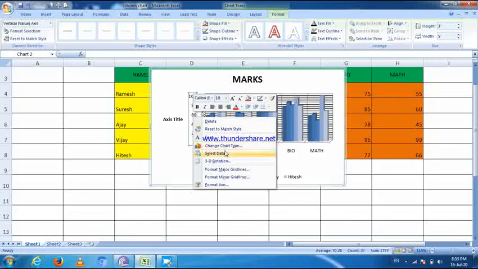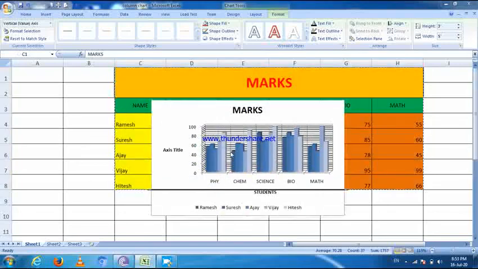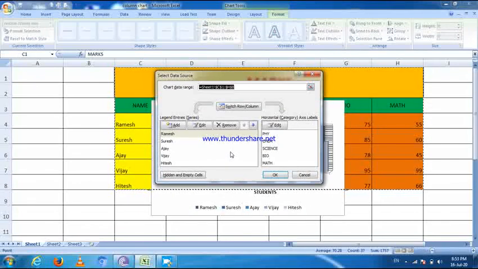You can see the Select Data options appear on the screen. These are in the shortcut menu, and the Select Data Source dialog box appears. Then click OK after making the desired change.